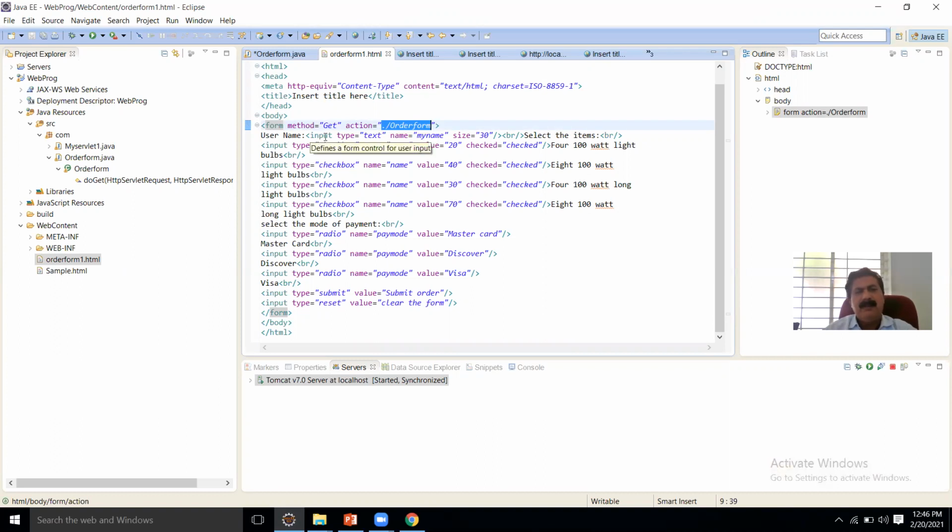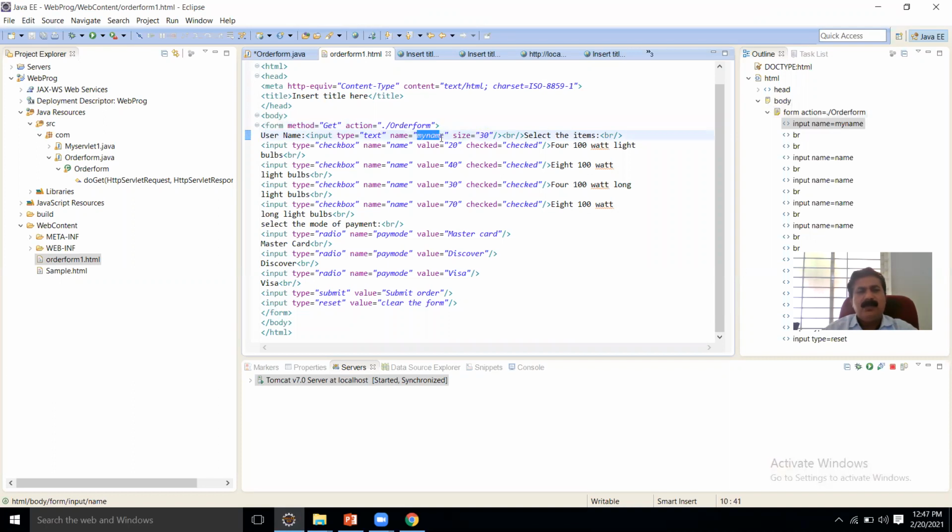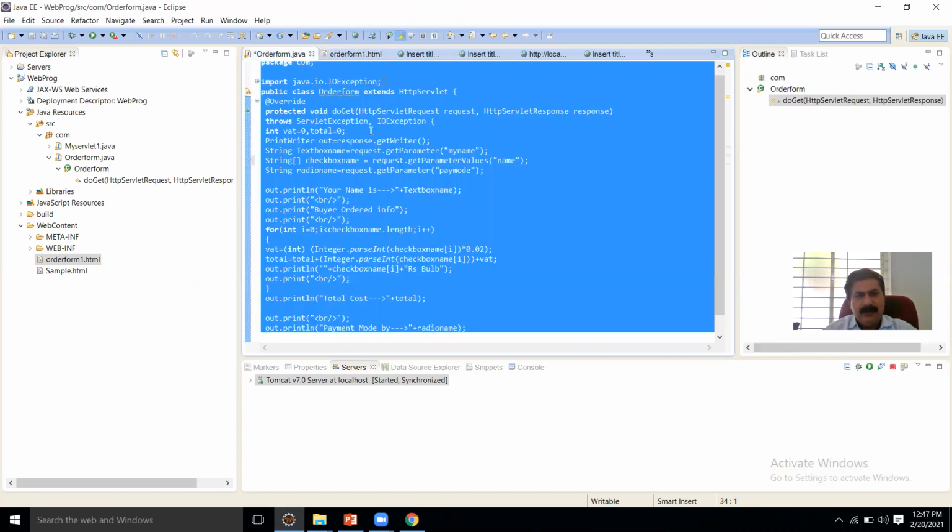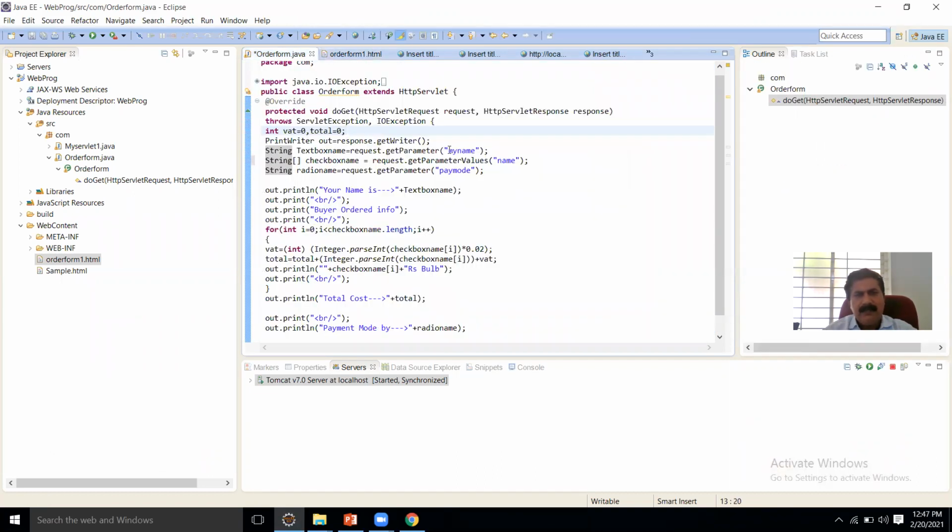Here is your username. The input tag's name is my name. Through this, we'll get the values from the form in the Java program. In the Java program, here we have the name, that is my name. Using the getParameter method, we read the values from the input form.